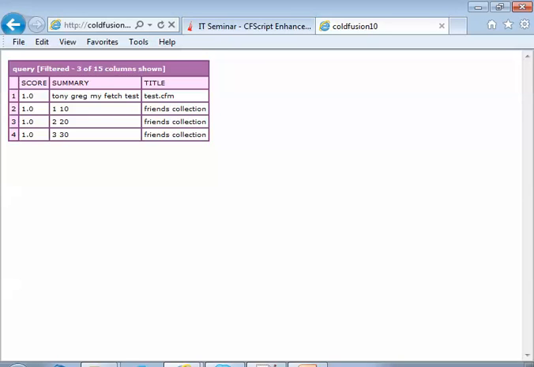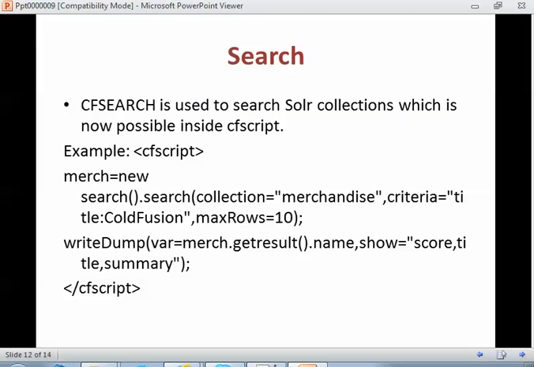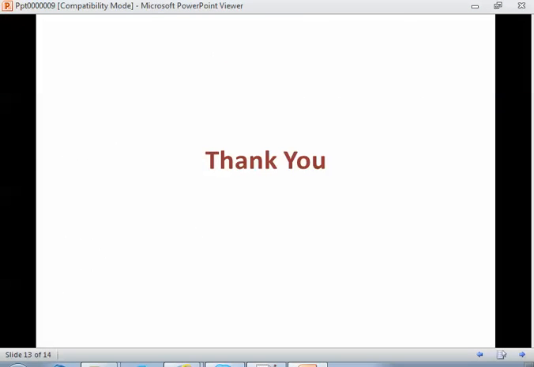So this collection you can see is for the query basically, or also you can add other things like Word documents, Excel, whatever you want you can put there also, and you can search using this. Completed. Any questions?